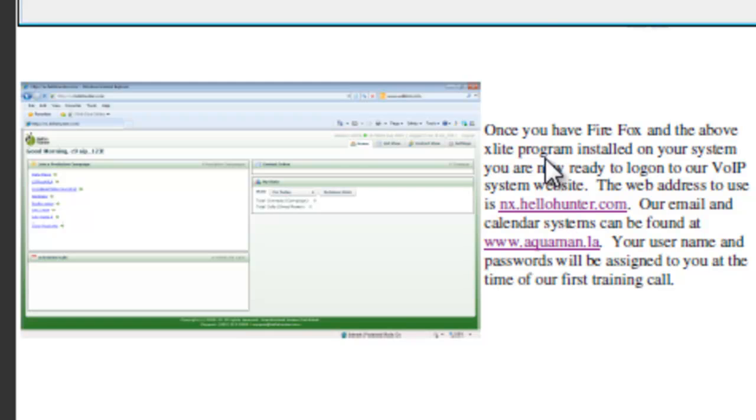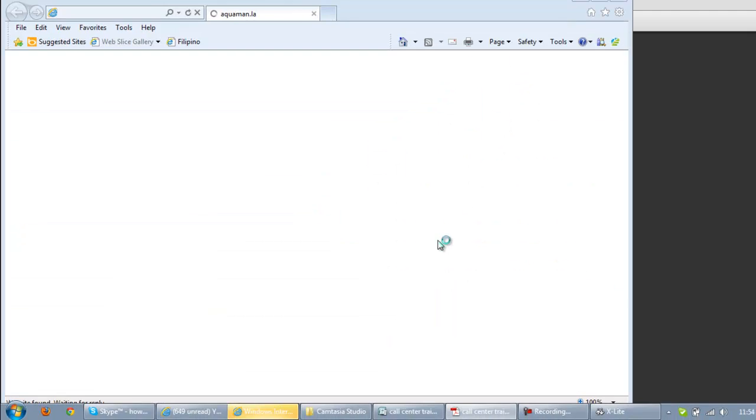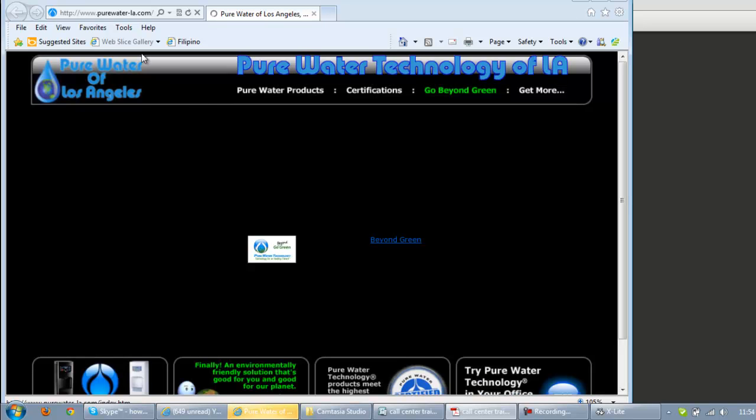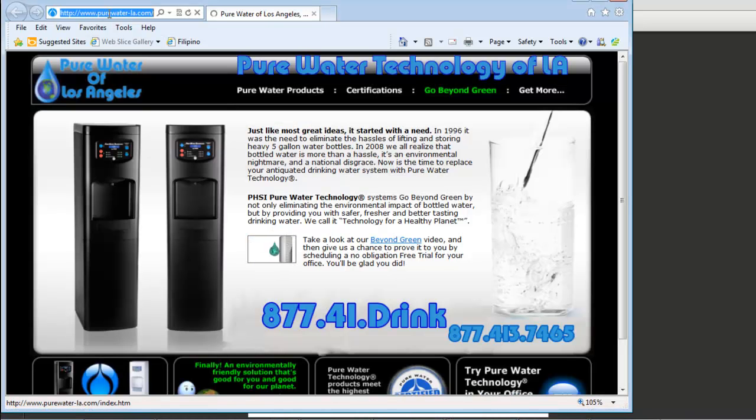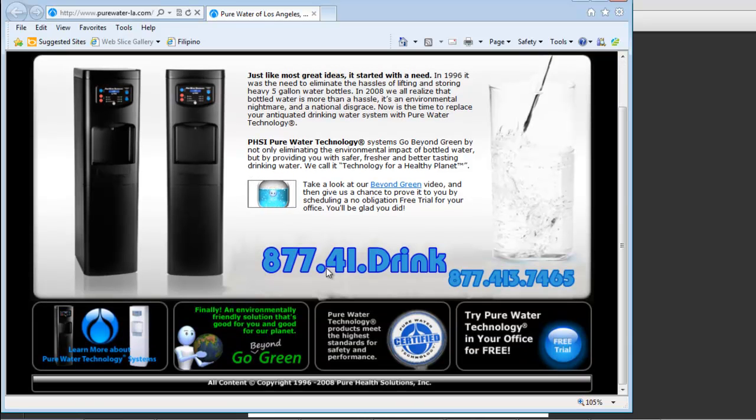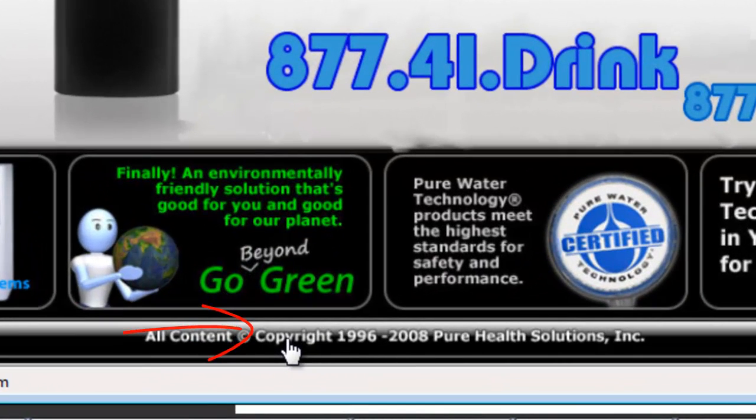The other program that we're going to ask you to save as a favorite file would be our website, the email and the calendaring system. And that can be found by going to our website of purewater-la.com or purewater.la, as you found it before. If you scroll to the very bottom of our web page, and you're going to click on this copyright button right here,